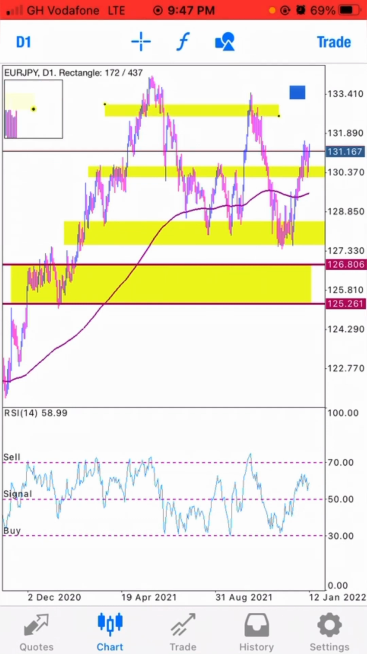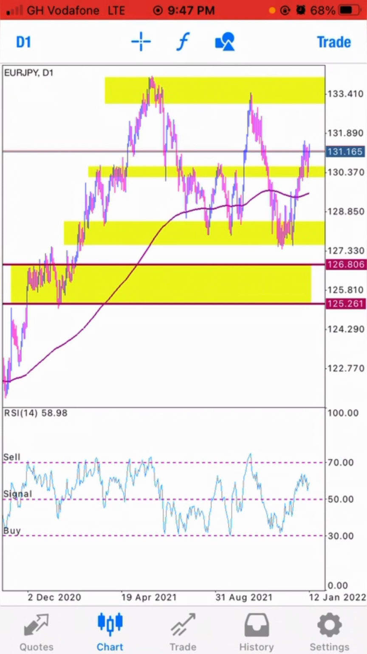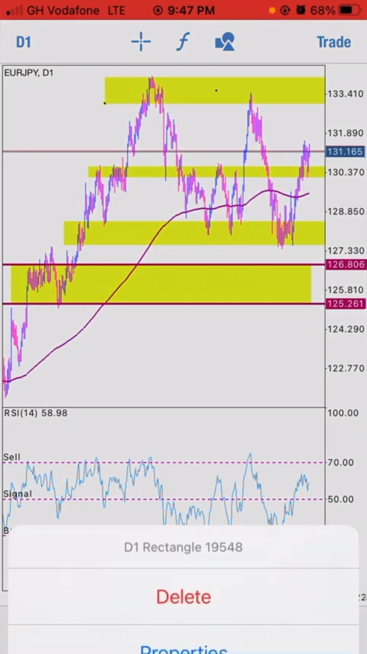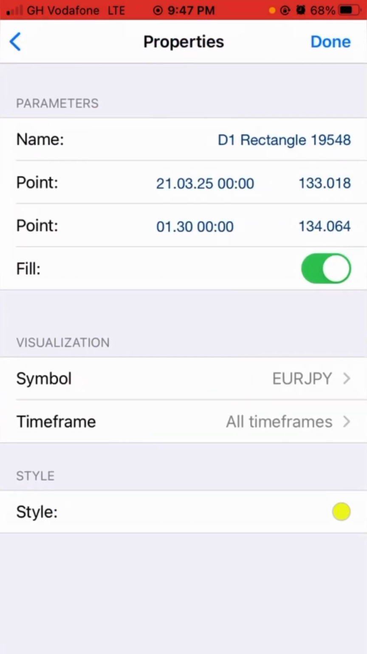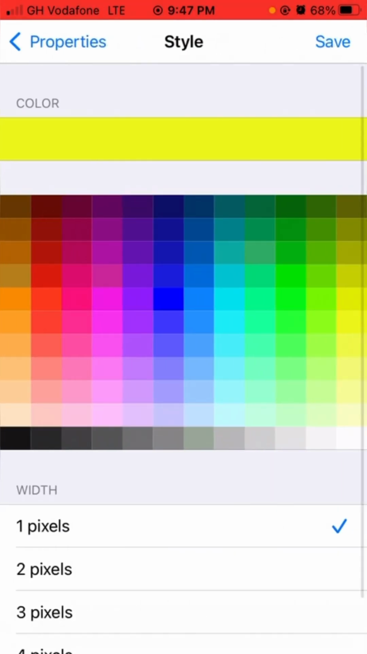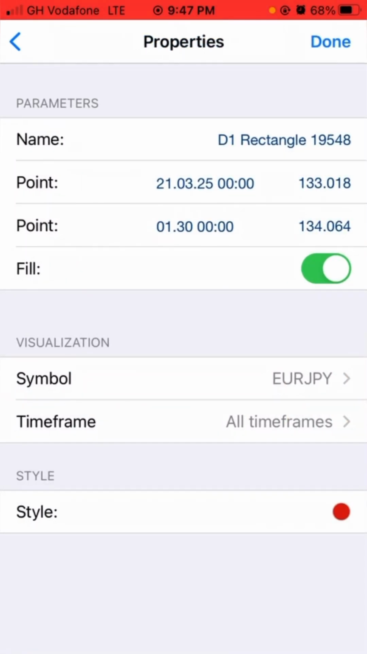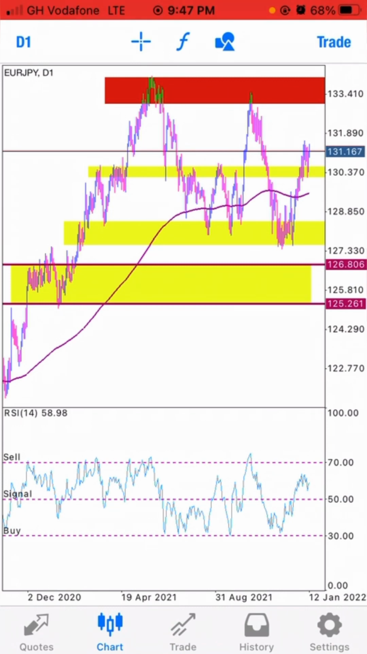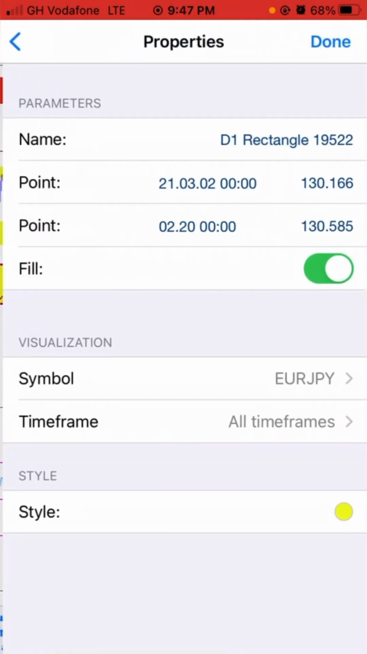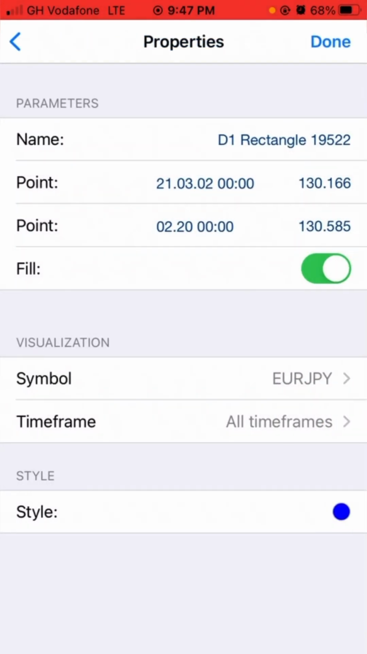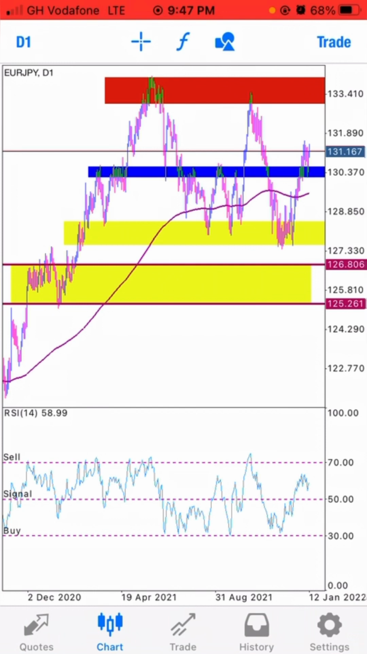Understand? And then if you check the supply zones too, these are the supply zones. So if you want to sell, you can be shorting at this point. Understand? Okay, so let me make this one blue so you can see all the buying opportunities as blue. Okay, understand? So the zones that I just marked, the blue and then the red, this is on the daily